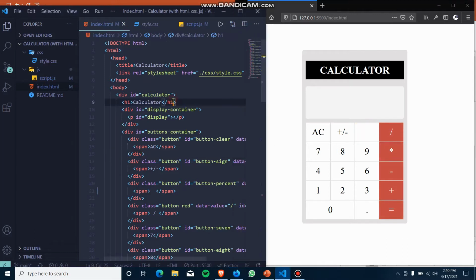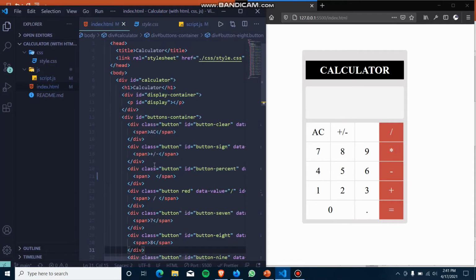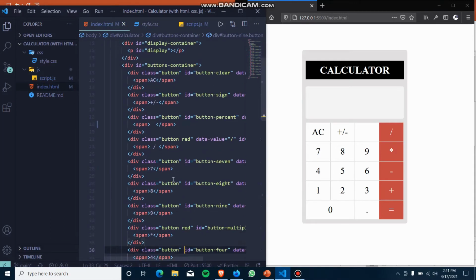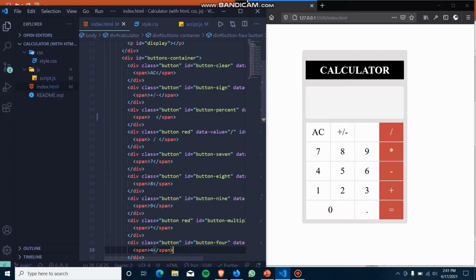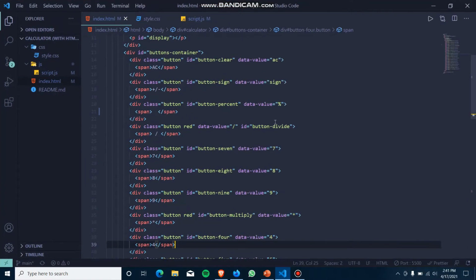All the buttons are there with class name button, and all the buttons have their defined data value attribute as the corresponding operator or the number. Like you can see here, the data value is 8, here the data value is percentage, here the data value is sign, like that. Okay, cool.